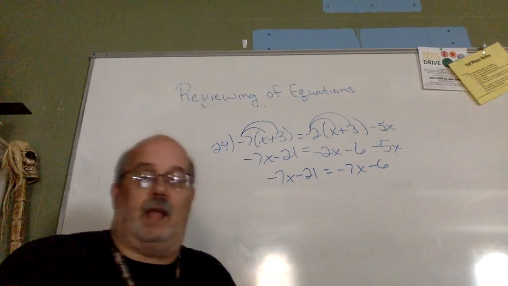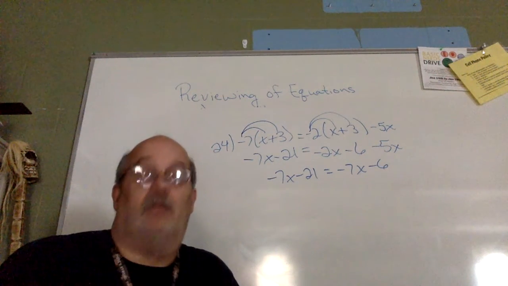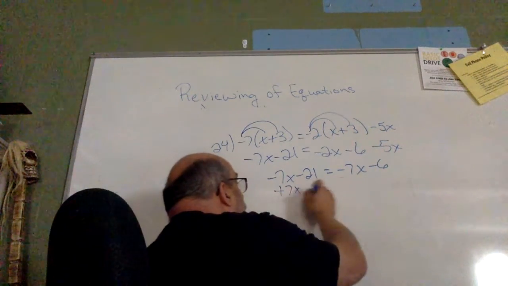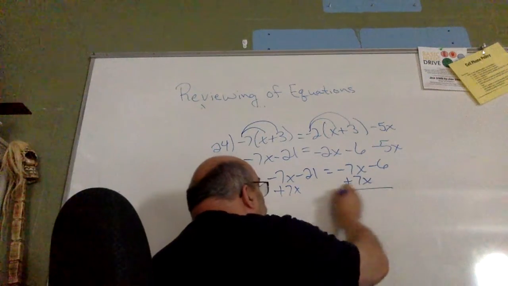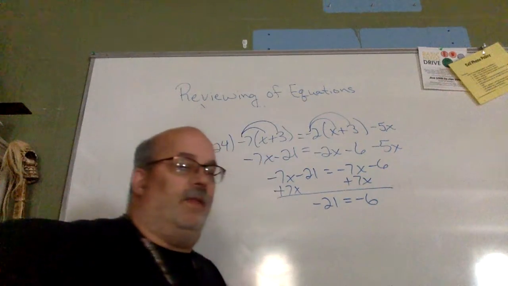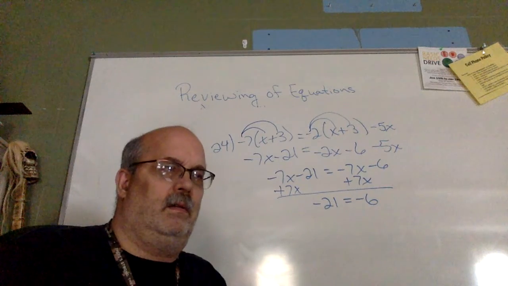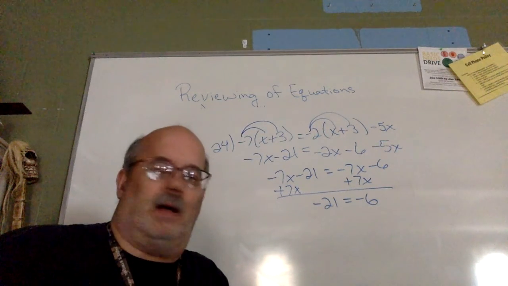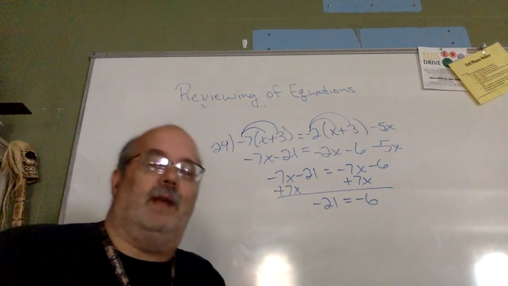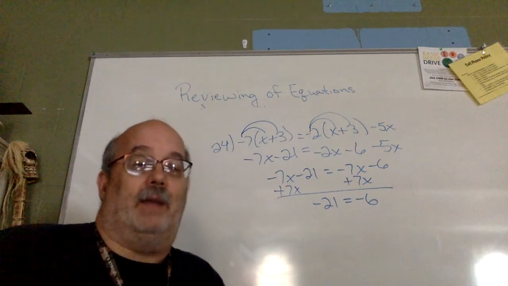So we're going to put the x's together. So which one's larger, negative 7 or negative 7? They're the same. So we're going to add 7x. We come out with a final answer of negative 21 equals negative 6. Is that right? I've never heard of negative 21 being equal to negative 6. So whenever you have something like this where you have no variable and the numbers don't match,